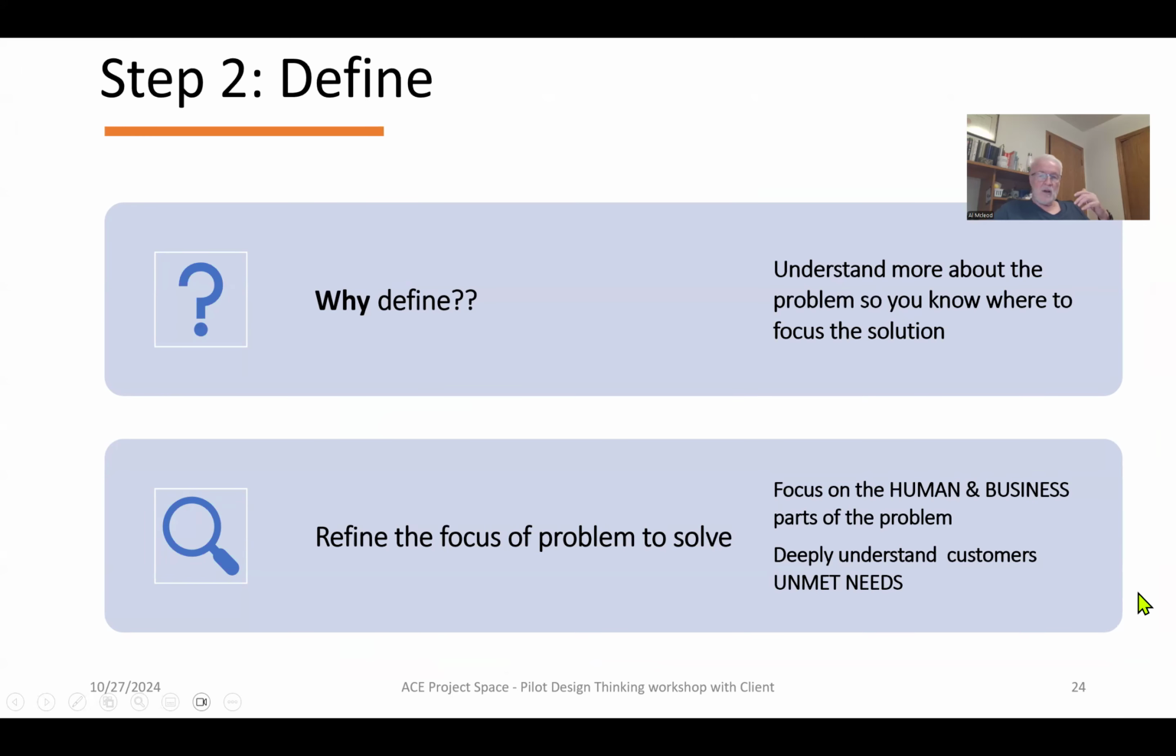And so now we're in the define stage. The define stage is about taking all that information that we've pulled together, and now we want to understand more about the problem so we know where to focus. And we want to focus on the human and business parts of the problem and deeply understand